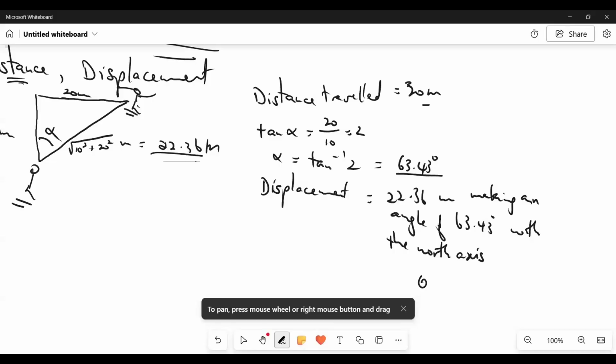Where you write 0, 22, or let me leave the decimals out, 0, 22 degrees, right? On a bearing, you can say the displacement is 22.36 meters on a bearing of 0, 22 degrees. Because when you talk about bearing, you're talking about measuring the angle from the north going clockwise, right? So you see how much more displacement involves? It involves direction,